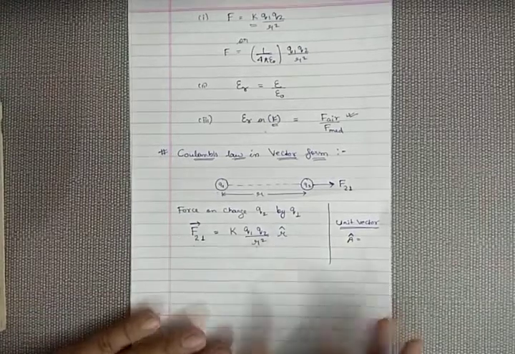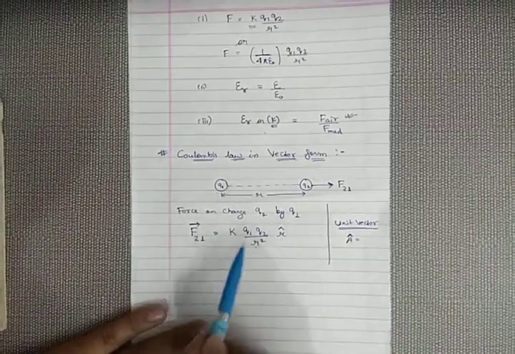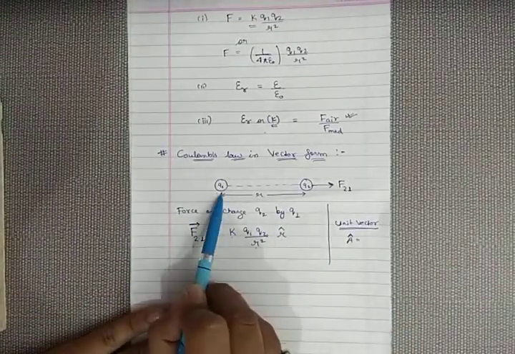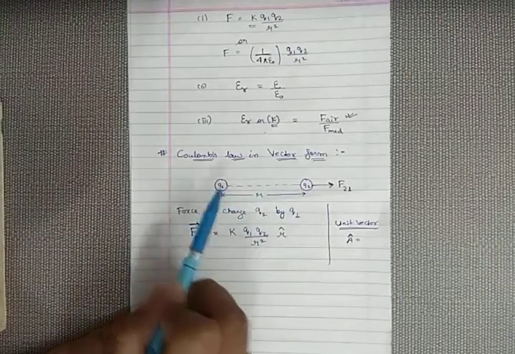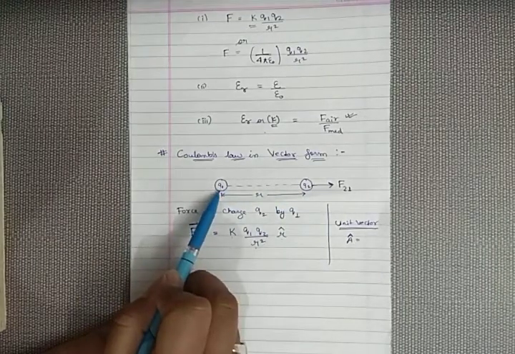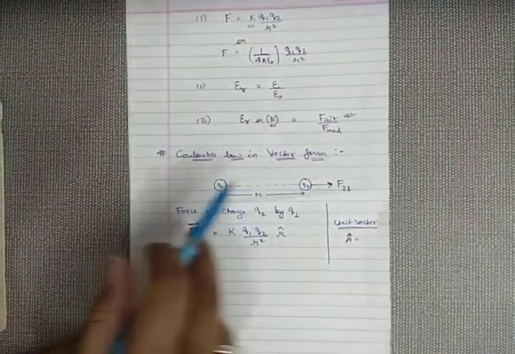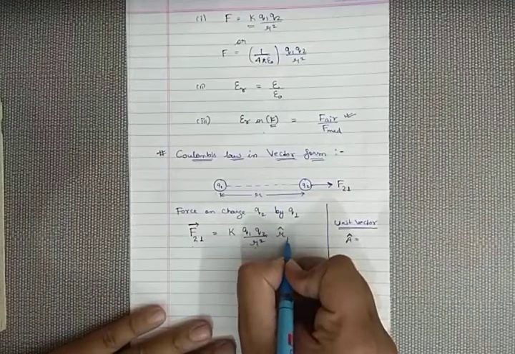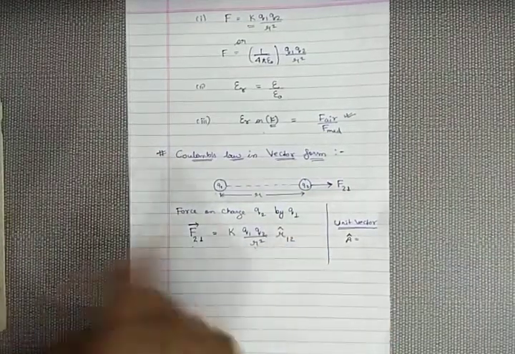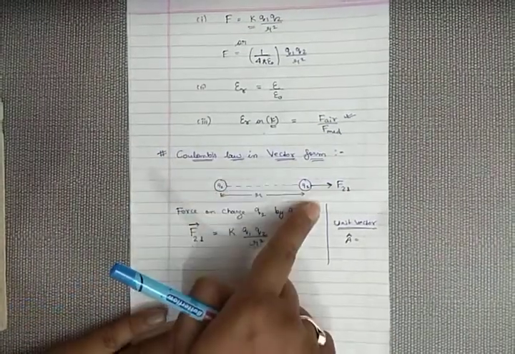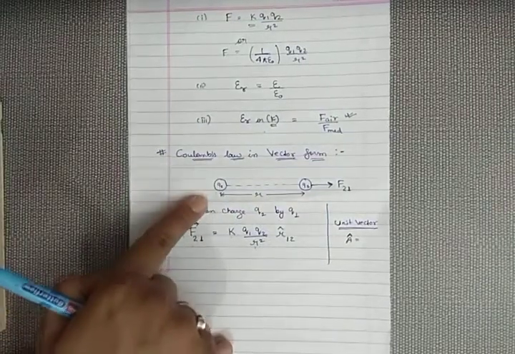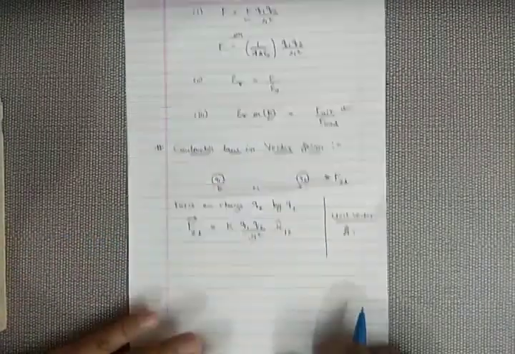Now, how is this going to work? See, this force is applied by Q1 on Q2. So the line from Q1 will travel to Q2. The direction of the force is from Q1 to Q2. So this unit vector direction is r cap 1 2, from 1 to 2. The force will be from the first charge to the second charge. Now similarly,